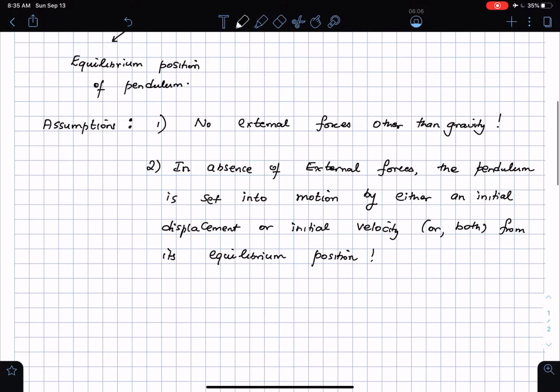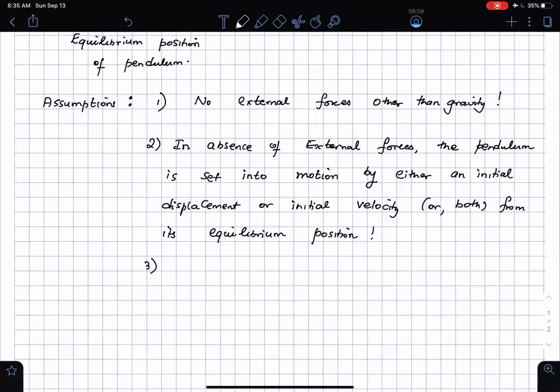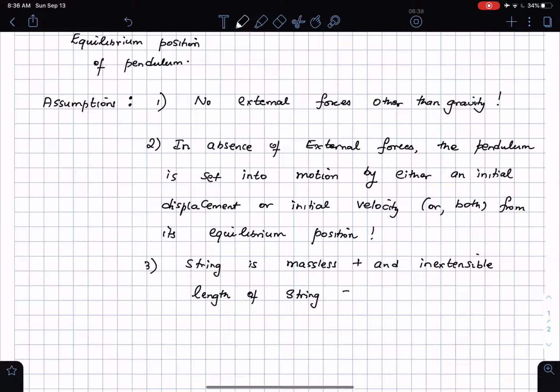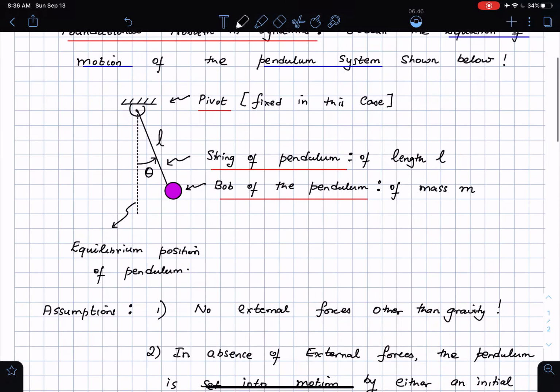The other thing I'm going to assume is that the string is massless, and also that the string is inextensible, massless and inextensible. Which means that the length of the string remains a constant. Length of the string is equal to a constant. Okay, so there are no external forces other than gravity,